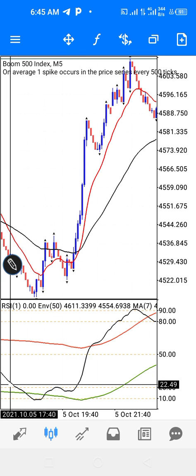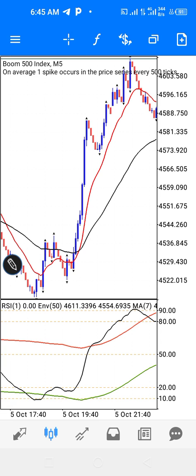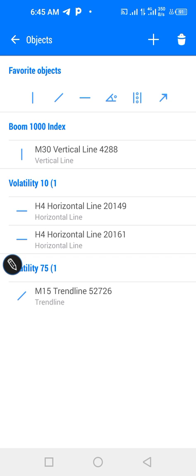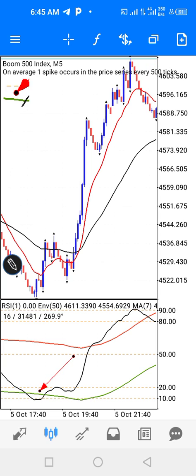Anytime this moving average on your indicator level, this green, black moving average, is at this level, if you are on boom, whether boom 1000 or boom 500, you wait for it to reach this 10 level. Though you can start anticipating, looking for your buy entry, for your spike from 20 level, but a refined one would be